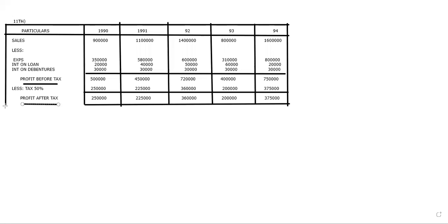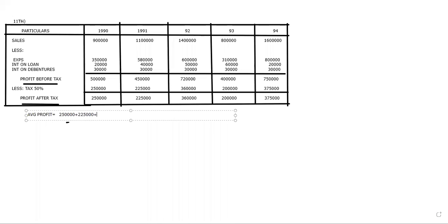Okay, is it clear? Now we got this one. Now what we have to do is find out the average profit. To capitalize, first we should go for the average profit. So how many years are there? 5 years. So 2,50,000 plus